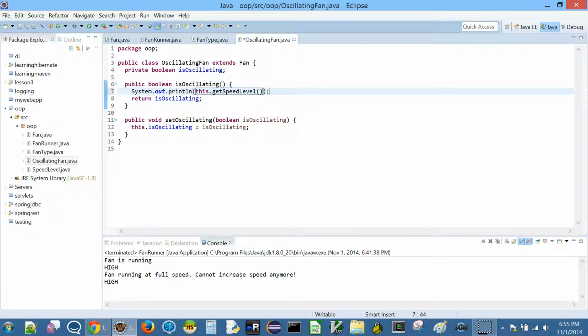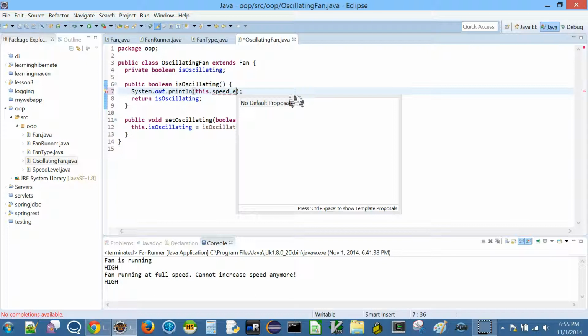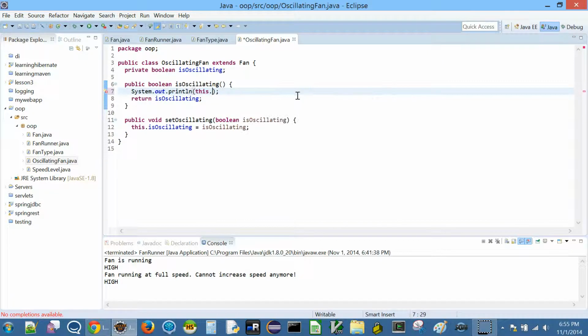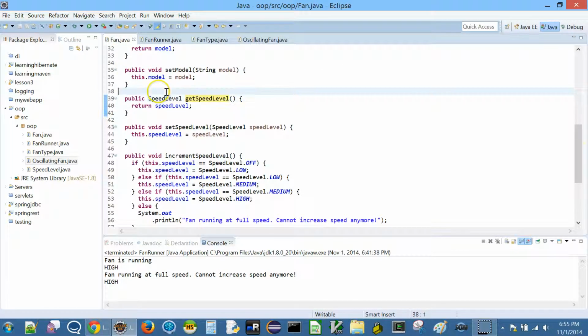Maybe yes, that I am able to do. Okay, so when I set this dot speed level and directly try to access the field, Eclipse is not giving me anything. But then when I say this dot get speed level, it is giving me this. Now if I go and press F3 here, it is invoking the fan class get speed level method.